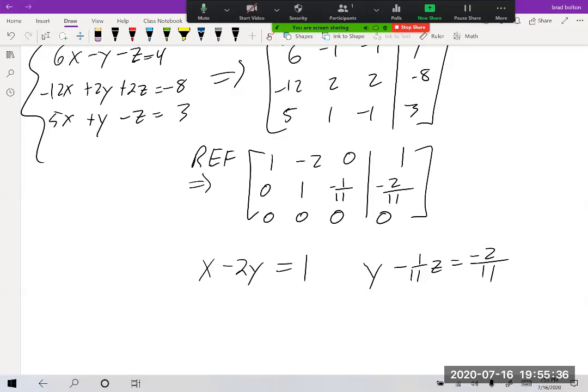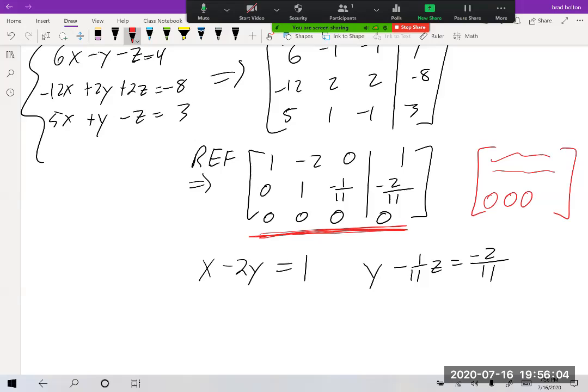So the thing is we have x minus 2y equals 1 and y minus 1/11 z equals negative 2/11. Whenever you get a bottom row of zeros, one of 2 things happen. You either have infinite solutions, which means it's a dependent system, or you have no solutions. In order for this to be no solutions, the bottom row would have been 0, 0, 0, and then your bar, and then you would have had like 3. Well, 0 cannot equal 3,